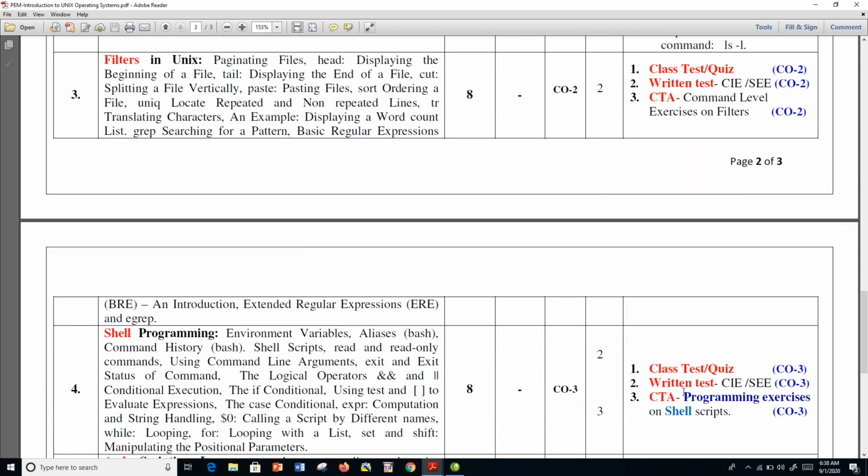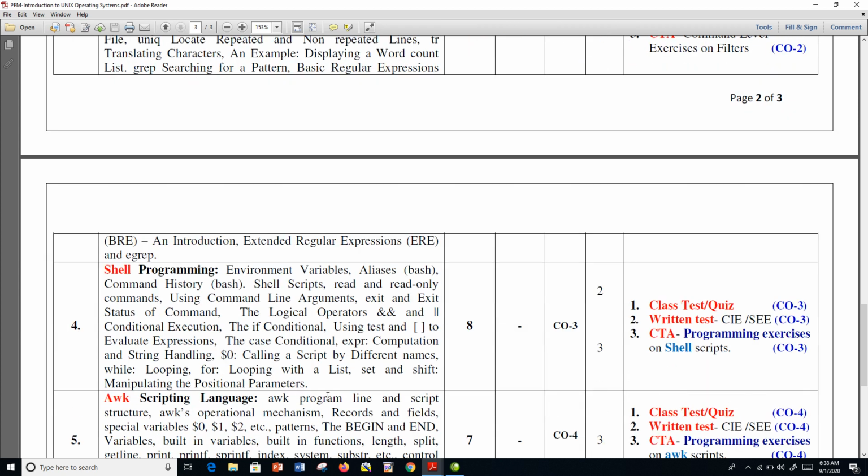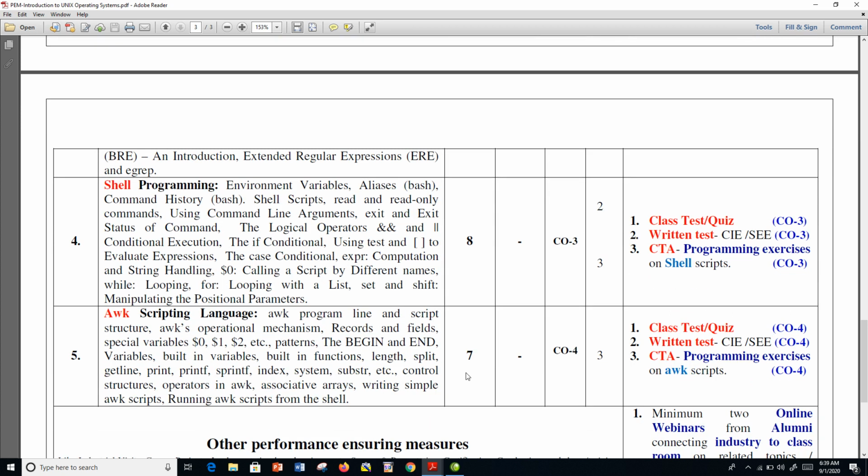The fourth chapter speaks about shell programming. This is the most important thing required for system administration, and it includes programming. As part of CTA, we will give a few sets of exercises, so you'll be doing them. I request all people, please install the Unix operating system in your system, both Windows and Unix. You'll be working on everything in the Unix operating system, C language under Unix, not the Windows operating system at all in this course.